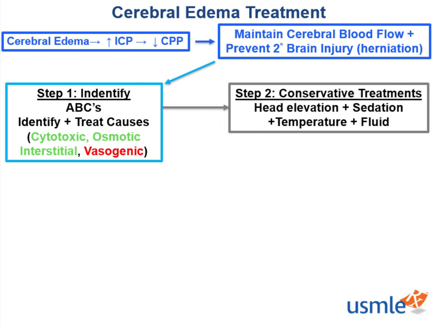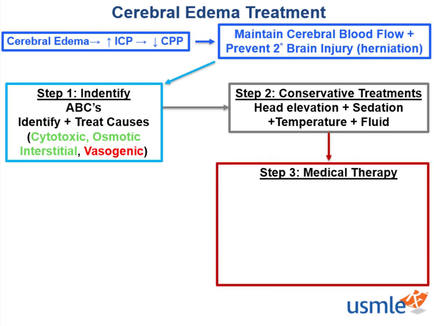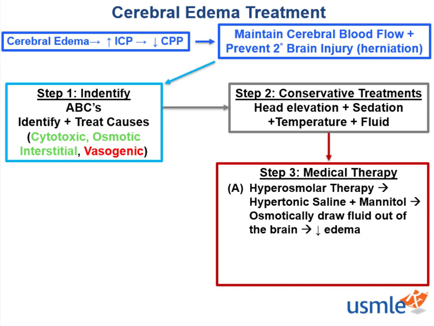Conservative treatments can also be used in step 2, such as elevating the head of the patient's bed. Just like you would elevate a sore ankle to reduce swelling, you would elevate the patient's head to reduce venous return and swelling. Sedation can be used to reduce pain, discomfort, and reduce metabolic load on the body, along with temperature and fluid regulation. From here, medical therapies can be utilized if needed with hyperosmolar therapies, such as hypertonic saline